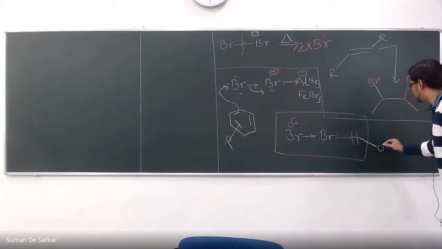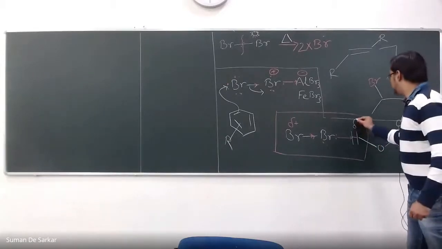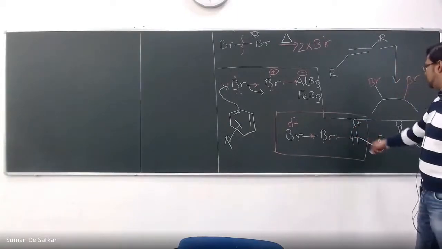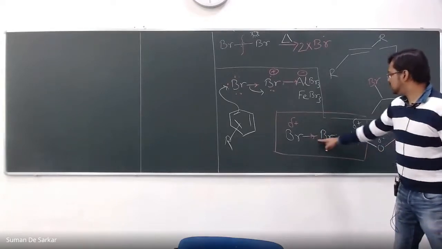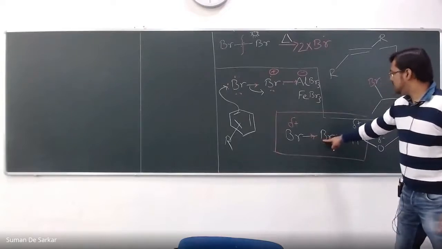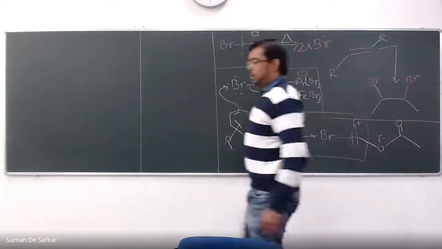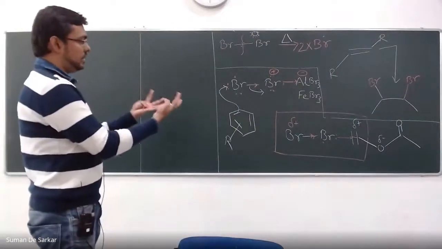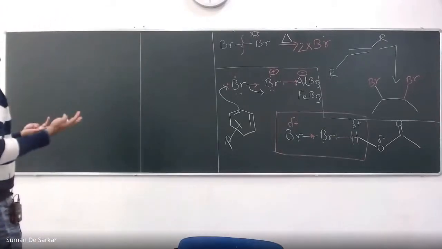Sometimes people show it like this. It's not necessarily that you show a free proton; you can show a delta positive here and delta negative here, because this OH bond is already polarized. That's why this guy is donating something, and because of this donation, the bond pair will be pulled by this guy, giving a delta positive charge on the terminal bromine. That is our goal. So just by mixing bromine and acetic acid, we can activate bromine and generate this kind of activated complex.